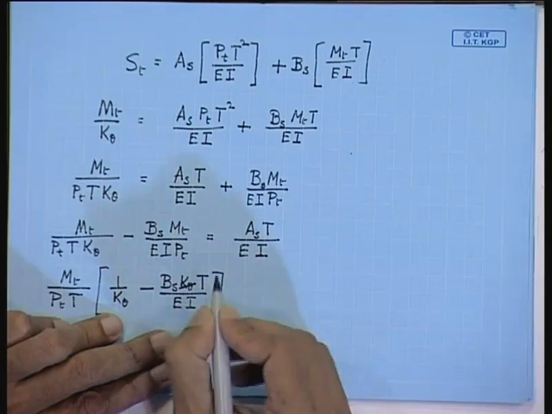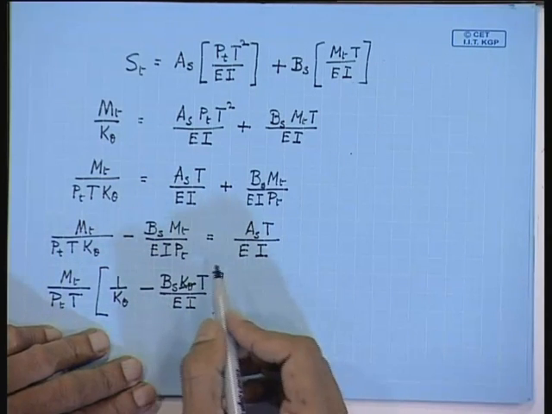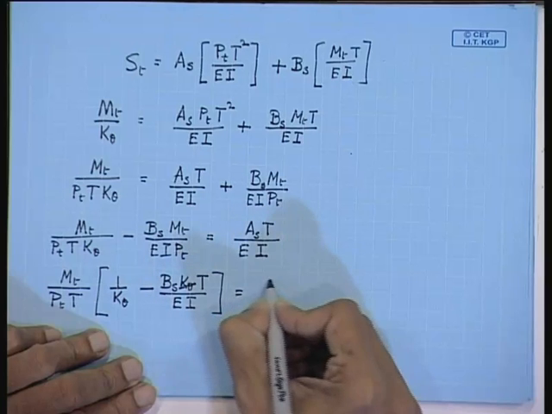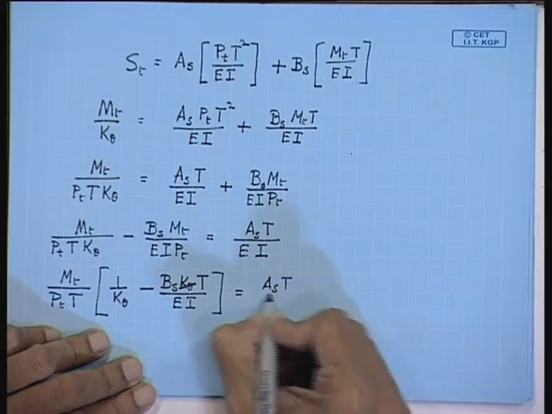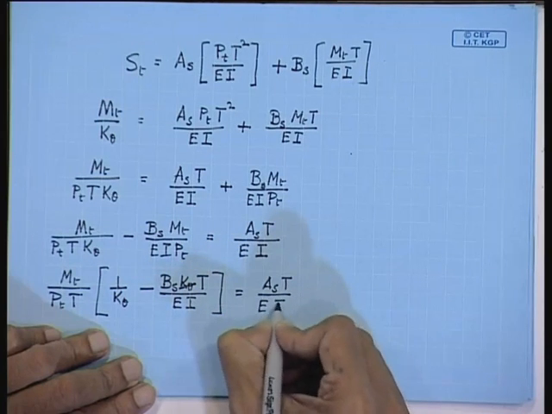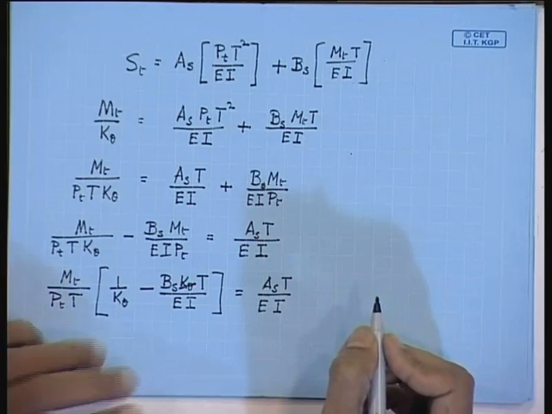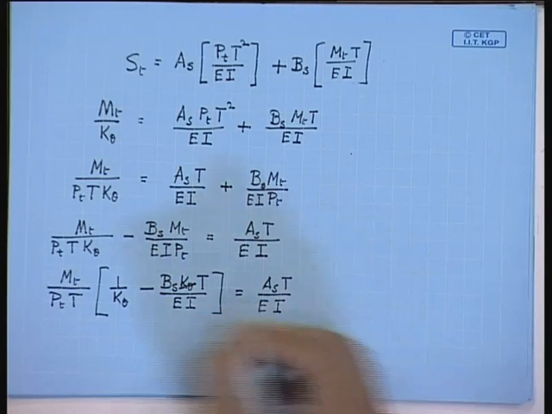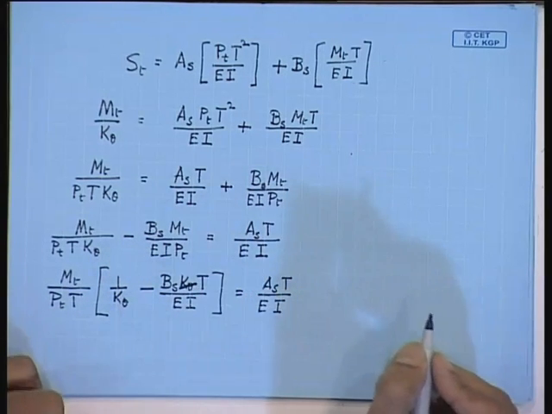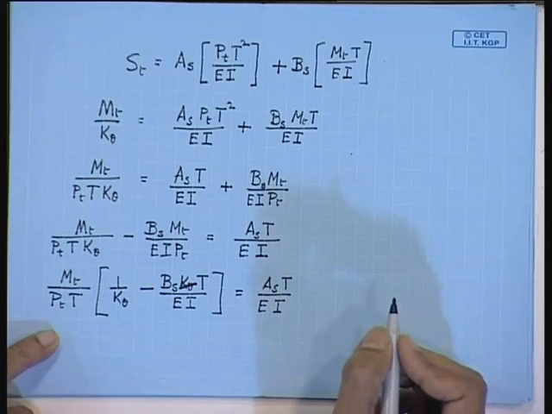K theta will not be there. So, now it is okay, no? So, this will be as t over EI. Now, any further simplification we can do? So, now it is